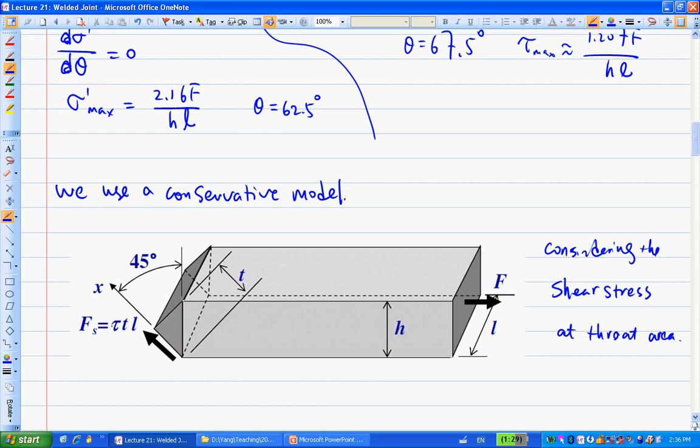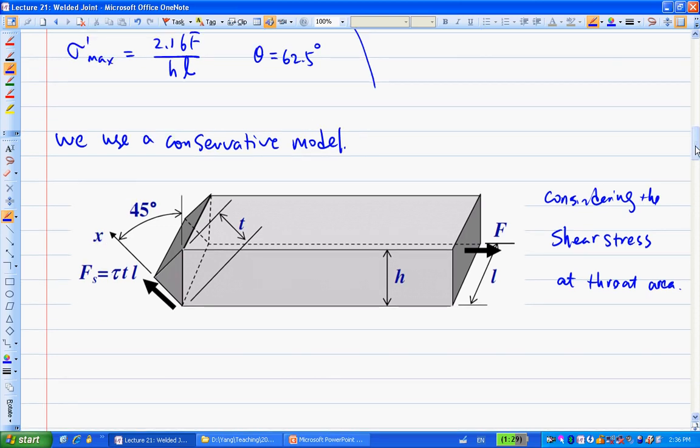That's the conservative model. Now, why is this conservative? Let's do a quick calculation here. Fs equals F, the same as F. Then your shear stress tau equals F divided by T times L. If we relate T to this leg size H, because this is 45 degrees and this is H, T is H times